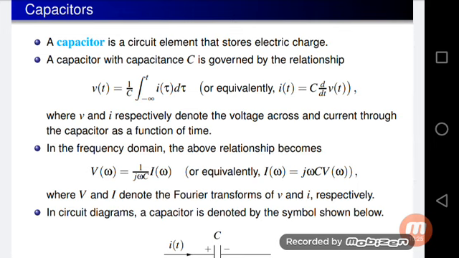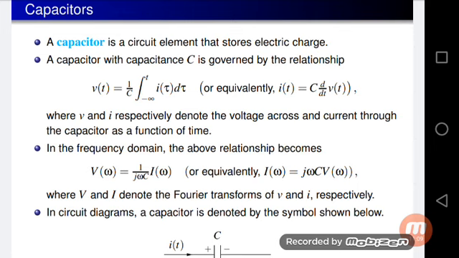and it is also one of the circuit elements that stores electric charge. The resistor's working principle is that it will oppose the flow of current, and the working principle of the inductor is that it will convert electric current to magnetic current. And the third one is capacitors, and the main working principle of a capacitor is that it stores electric charge.